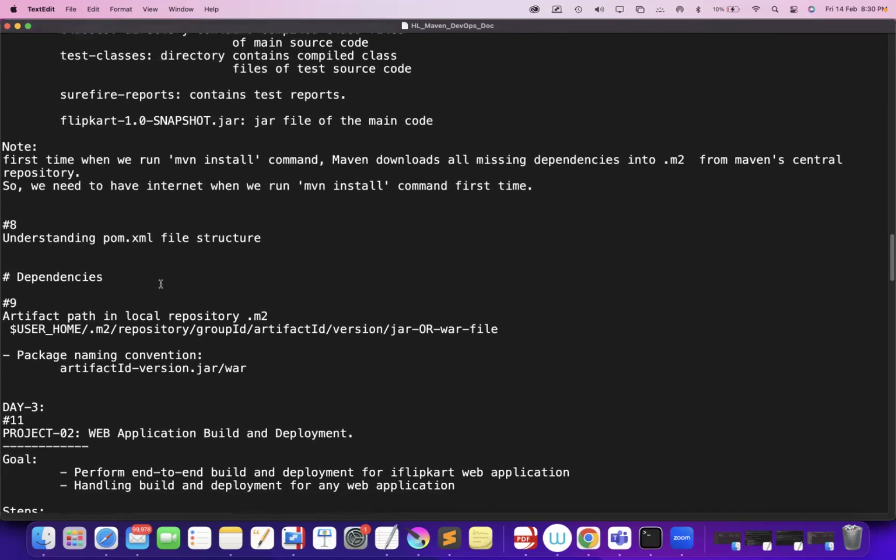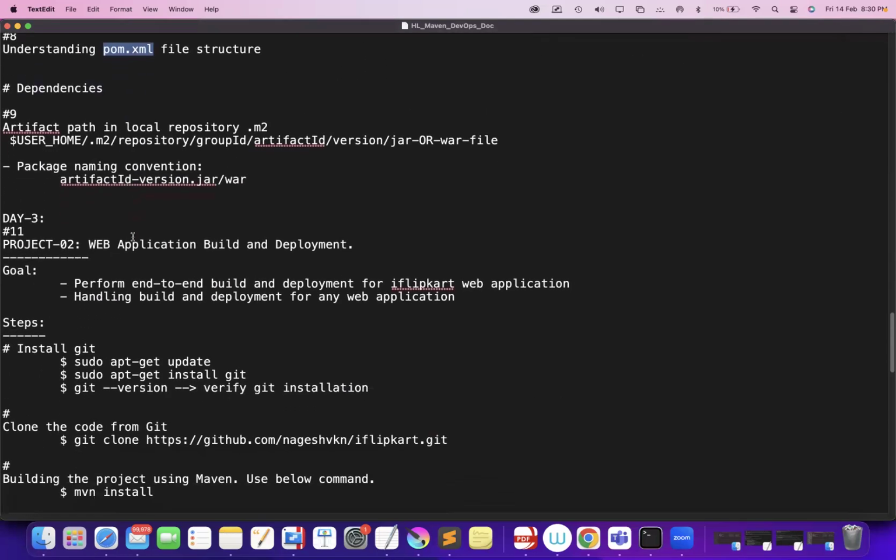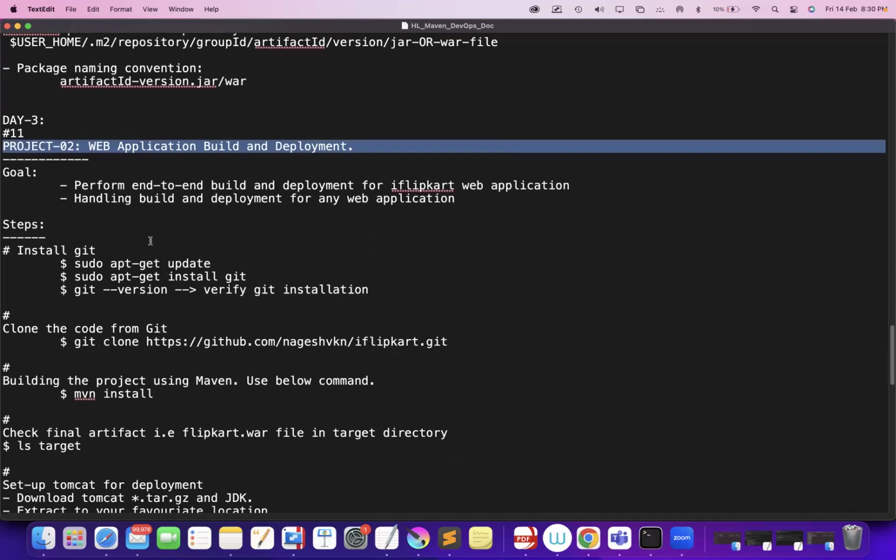So you know what a dependency is, and you also know how to write a basic pom.xml file. Today, let's see how